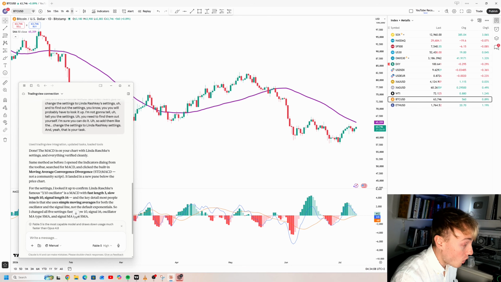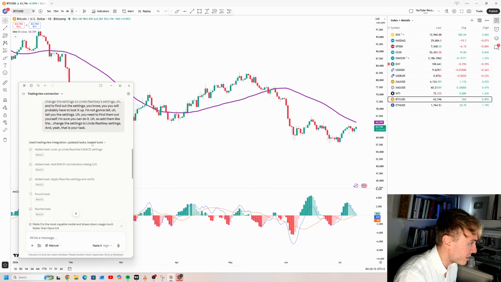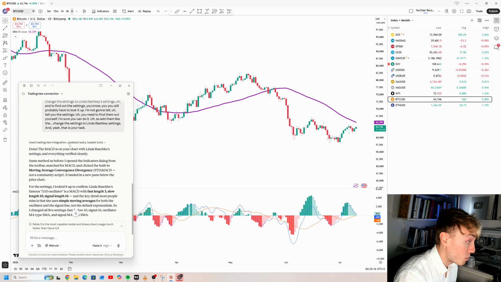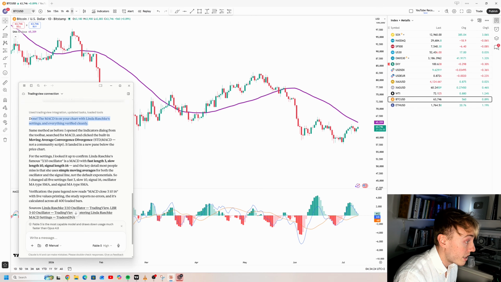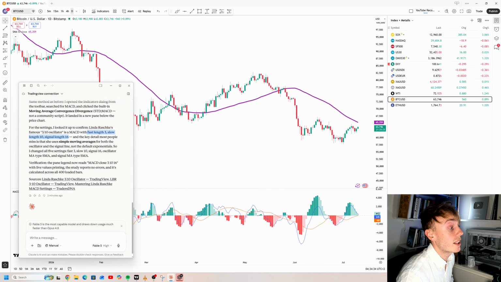All right, guys, so Claude is already done here with the task. This was actually pretty fast. I wonder if you can see the thinking time. It was pretty damn fast, to be honest. Done, the MACD is on your chart with Linda Raschke's settings. So here, it looks like it actually researched that the correct settings is the famous 3-10 oscillator. That is correct. It has a fast length of 3, a slow length of 10, and a signal length of